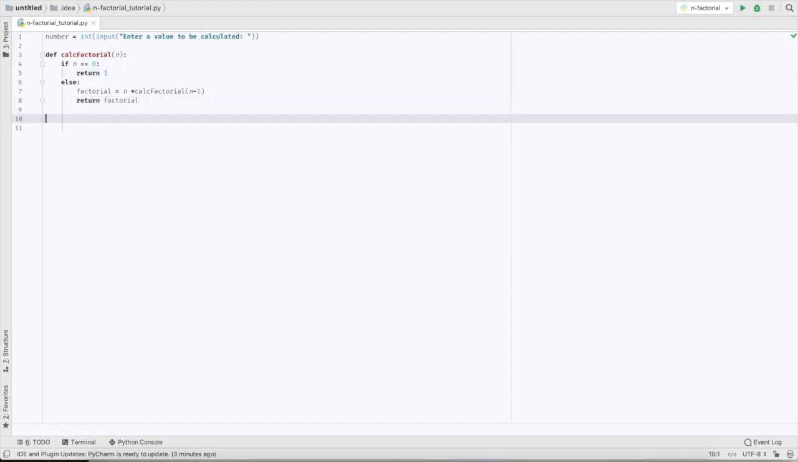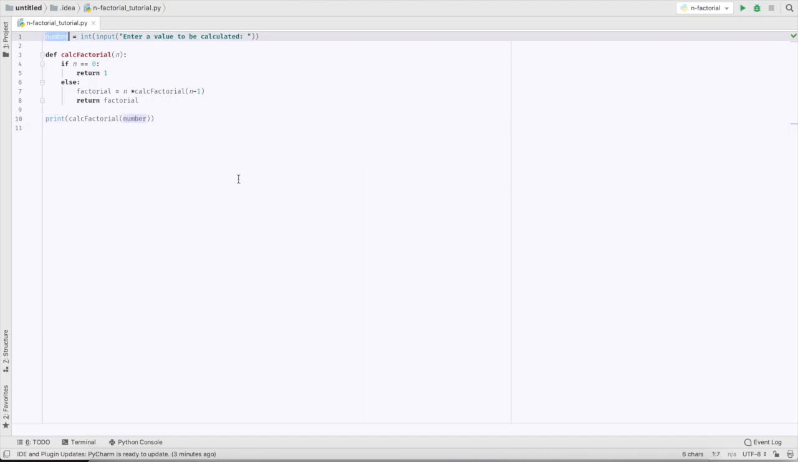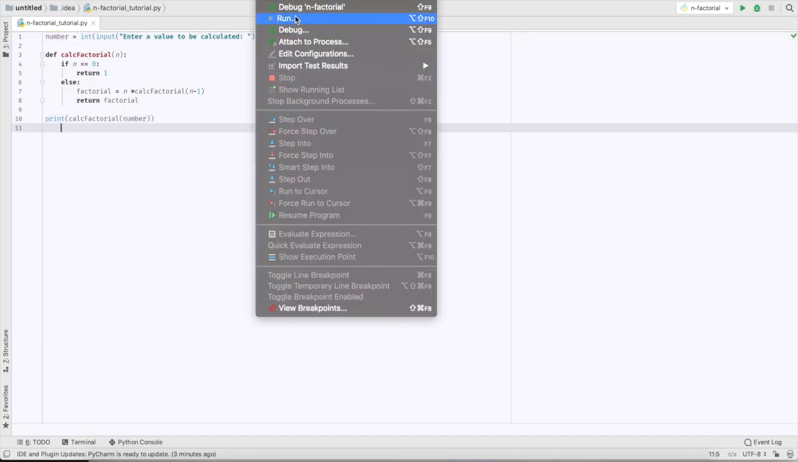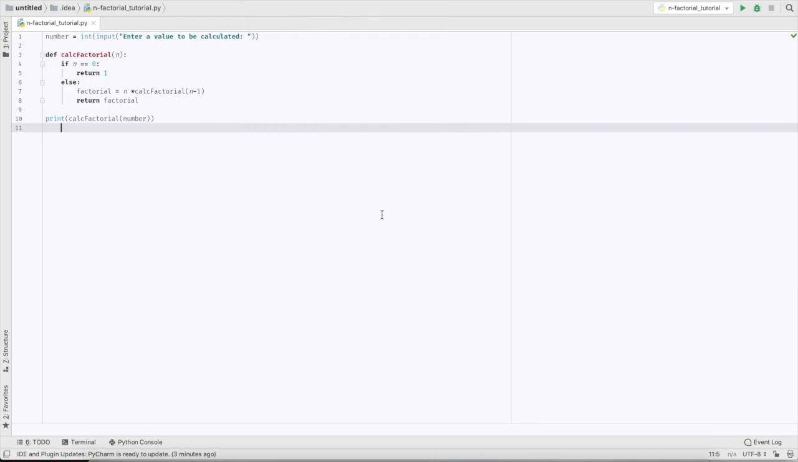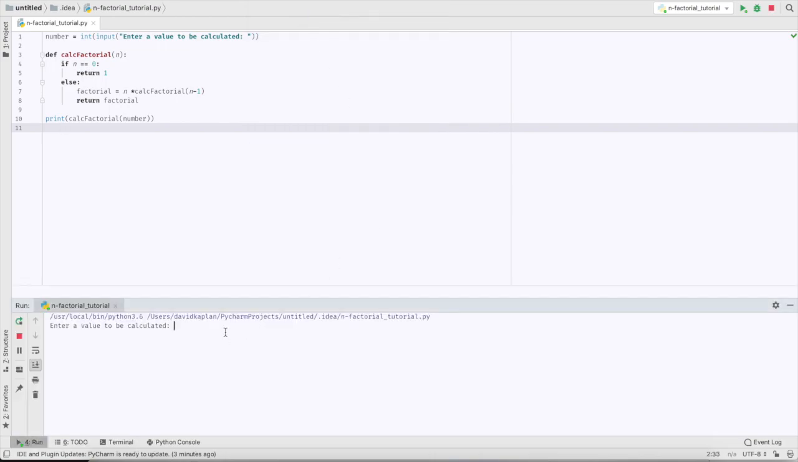Okay, now that we've built a function, we just need to call it. So we're just going to print calc_factorial of number, which is what we called here for the input. So if I now run it, let's say we want to calculate factorial 5, which the expected result will be 120. Okay, if we run it again,